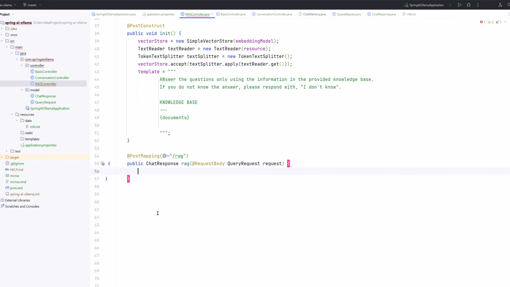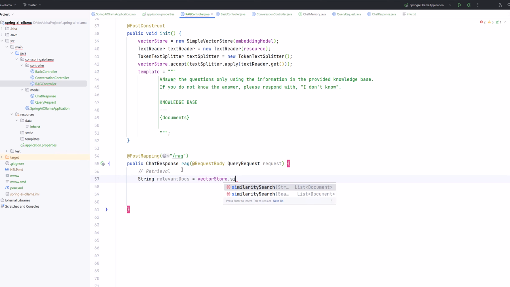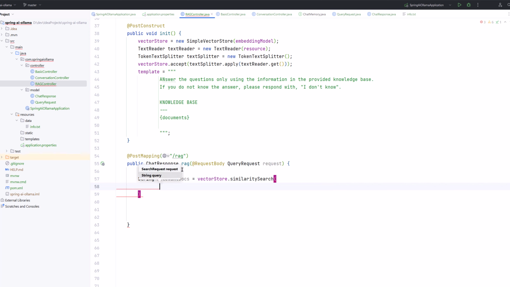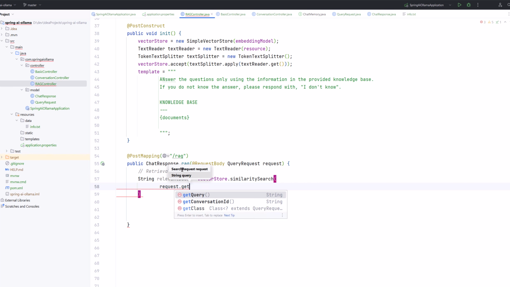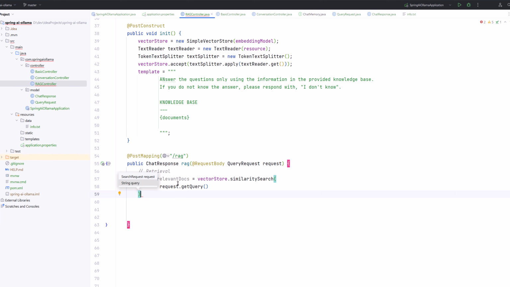The first step is retrieval. We have to retrieve the relevant data from info.txt with the help of VectorDB. We'll use vector store and perform similarity search. And let's pass the query. Query will be what we got from the user, request.getQuery. Let me correct the formatting.